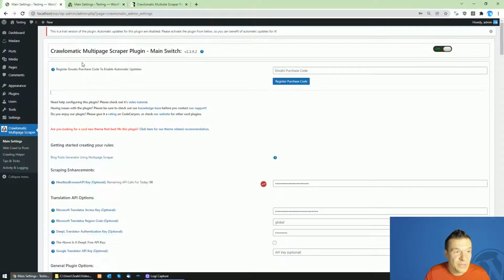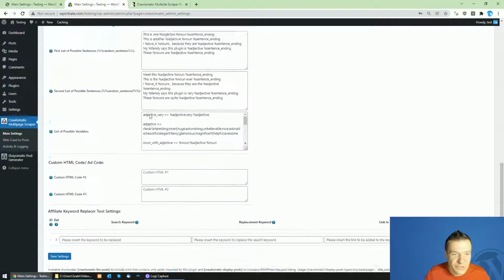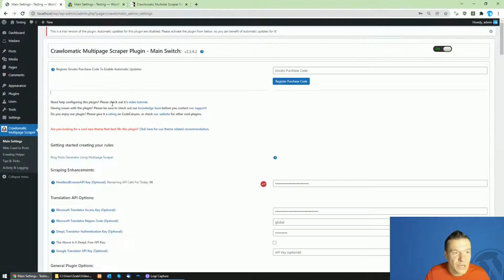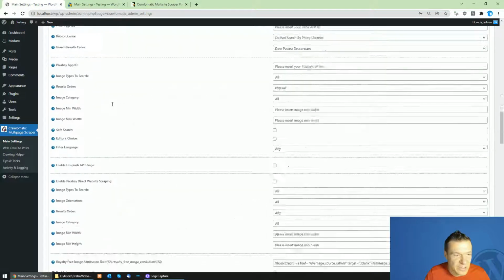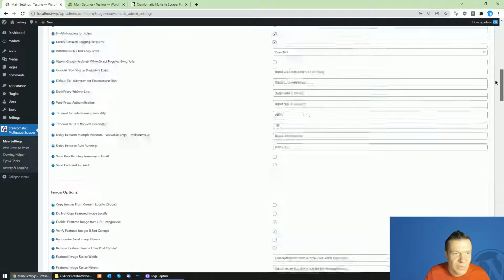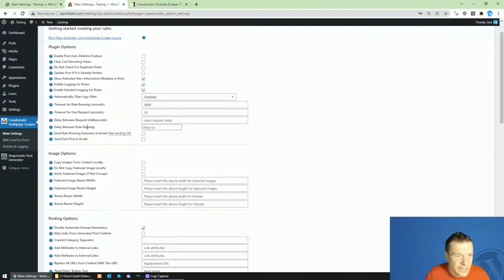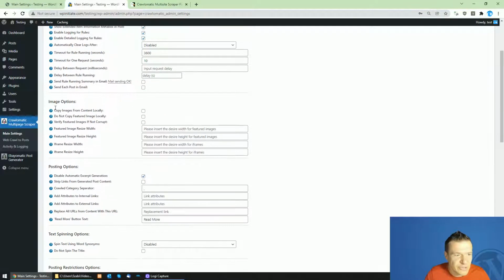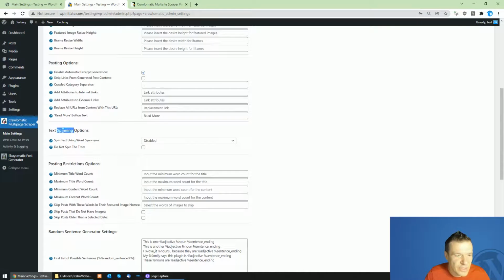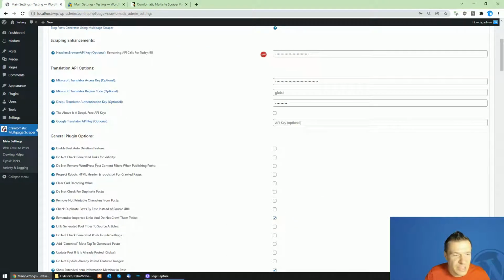So you will see, comparing the main settings part of the plugin, that the first version of Crawlomatic had fewer options than it currently has in here. You can scroll way more and way more settings will appear for you. You can check here and see that there were plugin options, image options, posting options, text pinning options, and post restrictions options. Now each option is extended,